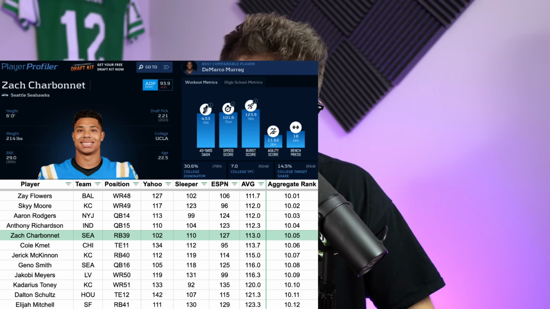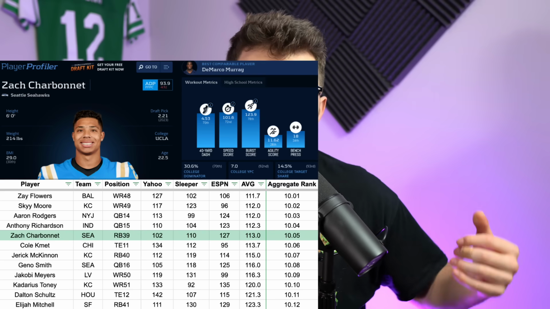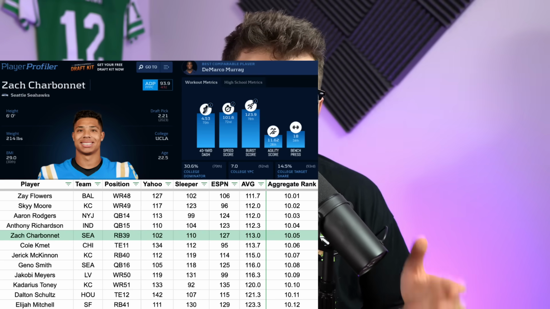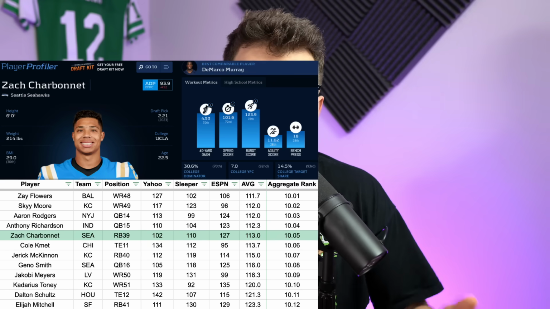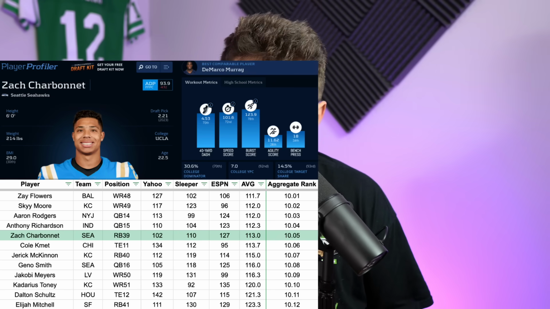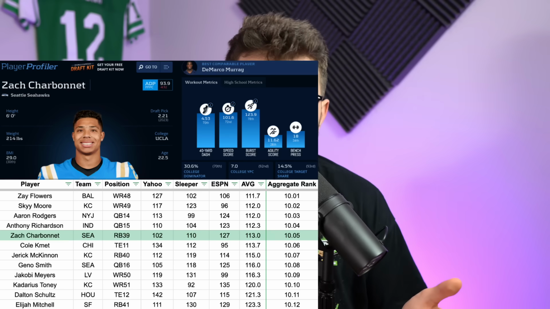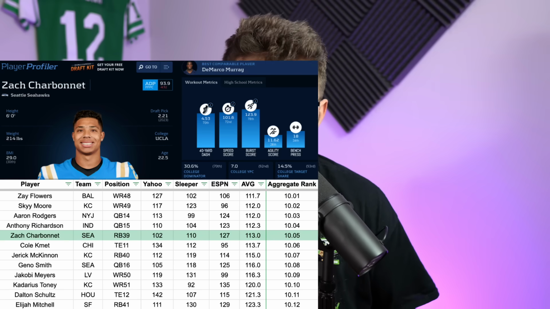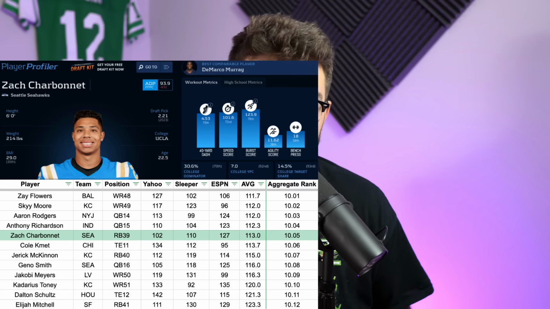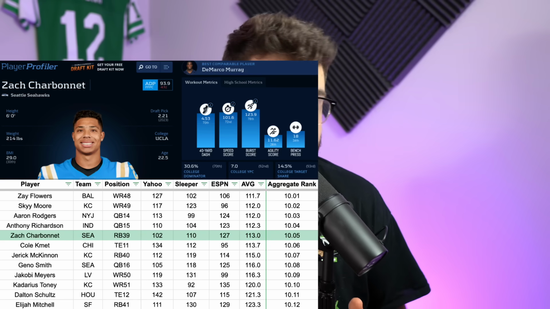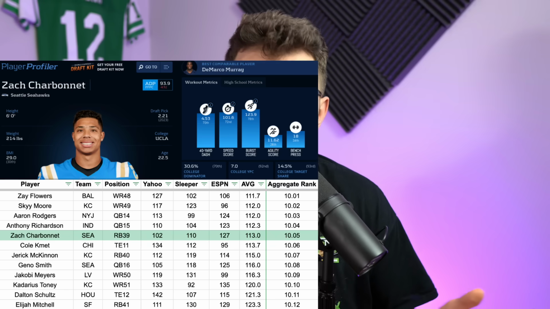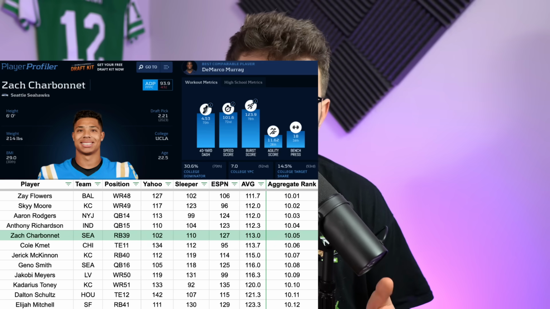He was bottom 3 in success rate, which just means on a given play, is he going to get what's blocked? And he was a boom-bust guy where he had a ton of huge plays, but that's not what you want in short-yard situations on the goal line. You don't want the guy that can bust it for 60 yards because that's not an option at the goal line. You don't want the guy who's bottom 3 in success rate on the goal line. So that's what he brought Zach Charbonnet to do. Pete Carroll, where Zach Charbonnet is a very steady running back. He's not going to give you the 60-yard runs, but in close, he's going to get the job done.